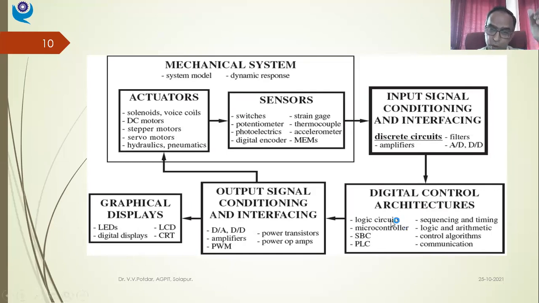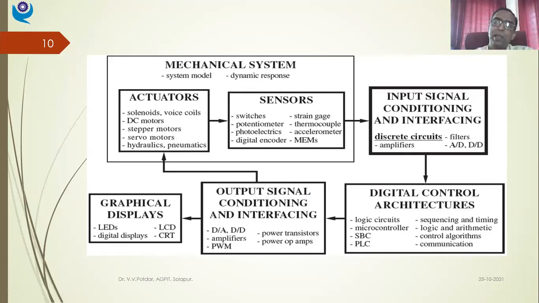So here, this output given by the controller needs to be appropriately modified by output signal conditioning devices, isn't it? In this particular case, I need to have a D to A converter, digital to analog converter, so that the digital signal given by the digital controller will be converted into an analog voltage signal, and that analog field voltage signal will be given to my DC motor field voltage. Then the motor will rotate either in clockwise or anti-clockwise direction, and ultimately it will rotate to such an extent that the required gripping force is attained or not.